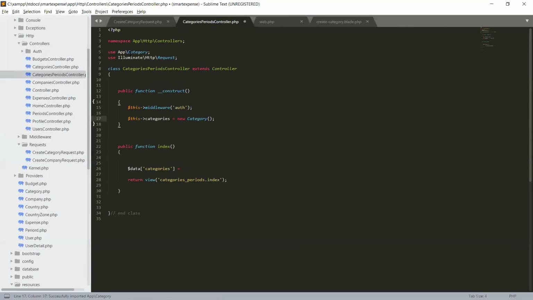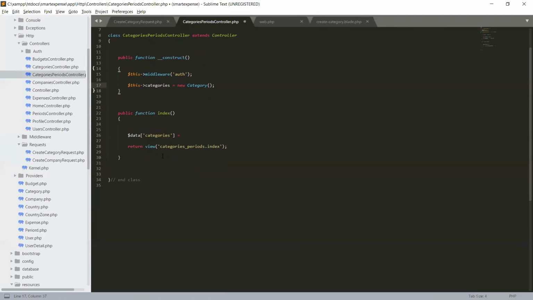Here we have the App Category and this categories data array. We will use the get method right now, and we will optimize this get method later, and we will send the data array to our view.